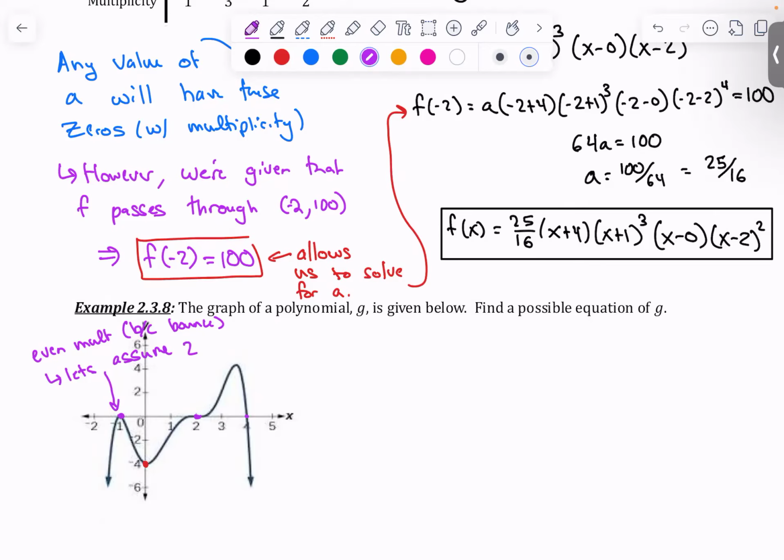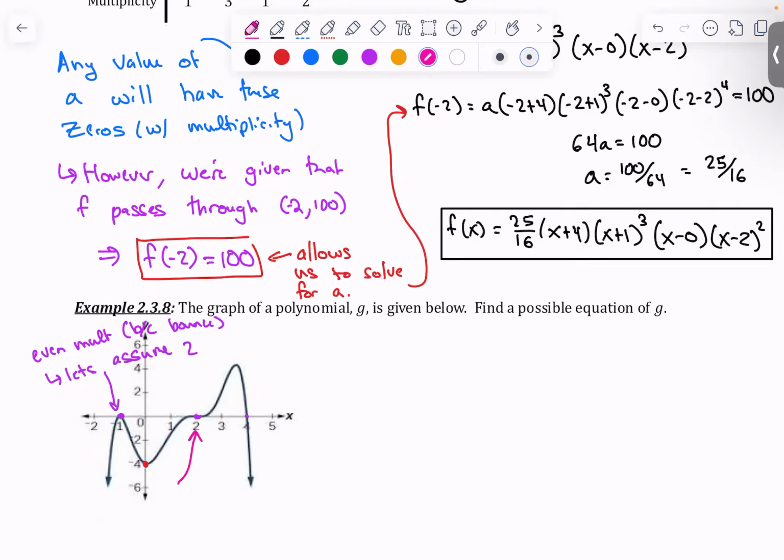If I give you that problem on an exam, you can definitely put the 200th multiplicity. You can totally do that. It's allowed. Just know that your A value will be very, very nasty, because if you have the 200th power, it's going to be very, very large. But either way, then this one